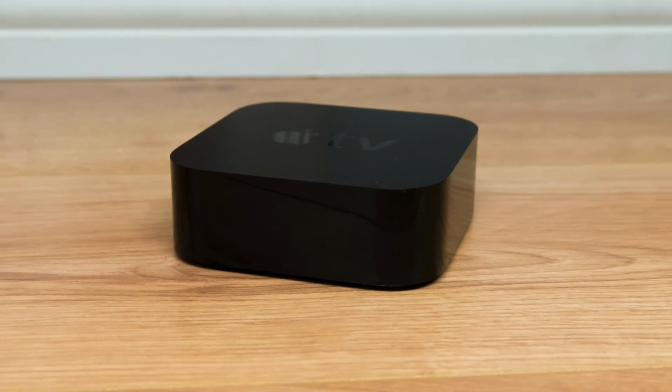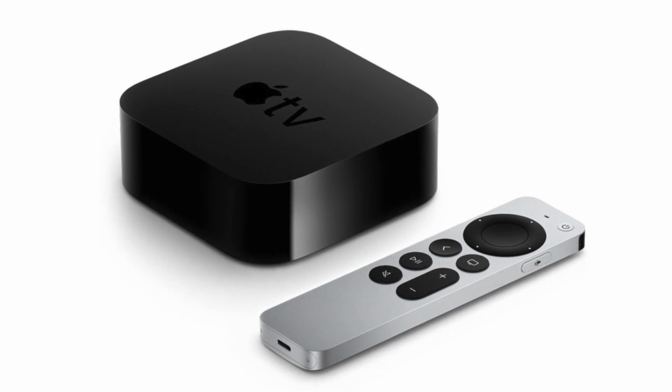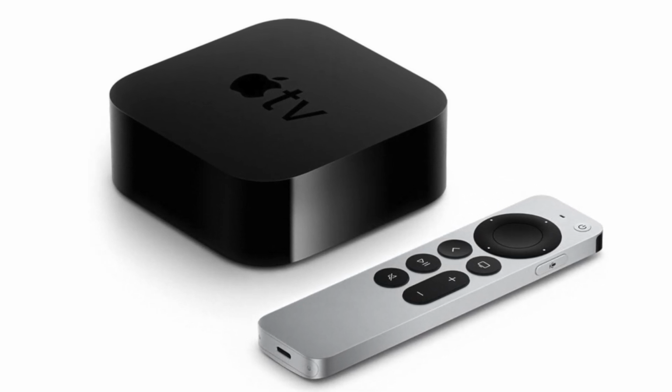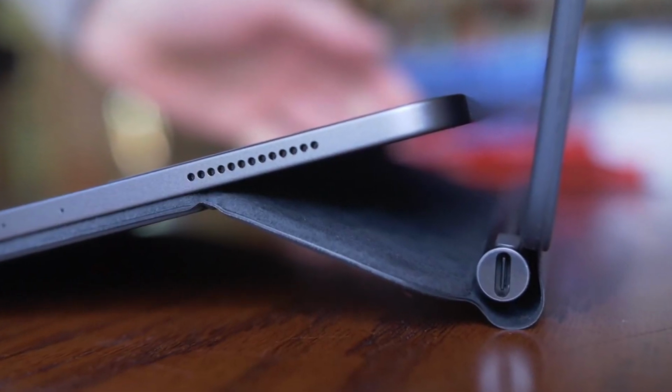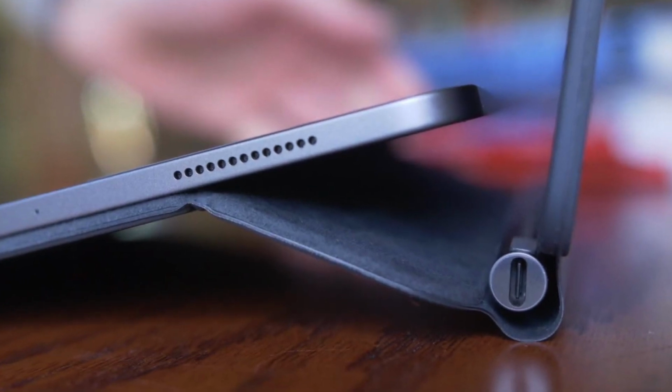number one, this is a set-top box. You're not going to be looking at this every single day. In fact, most of its life it's going to be tucked away under the TV or behind it. And so why bother redesigning a product that consumers won't be looking at half the time? Like, I understand why Apple might make an iPad or a MacBook or an iPhone much thinner, because bulkiness with these portable products can be an issue for some consumers, but of course, you're not carrying this Apple TV around. It's going to be stationary most of its life, and so I don't see how bulkiness makes this design completely